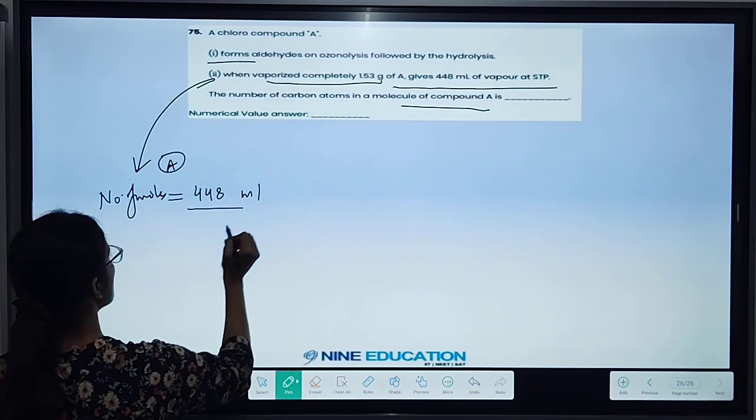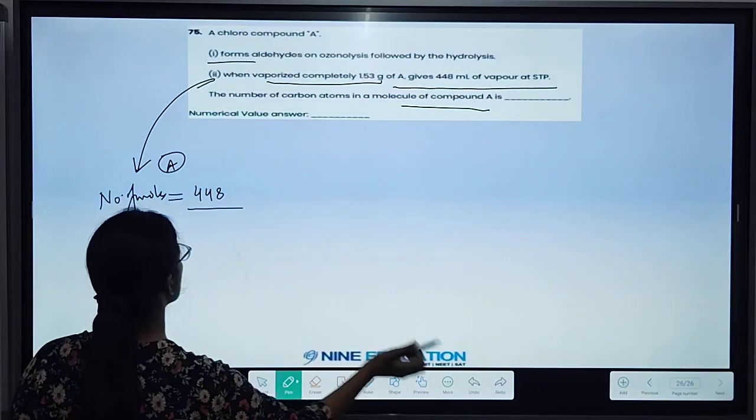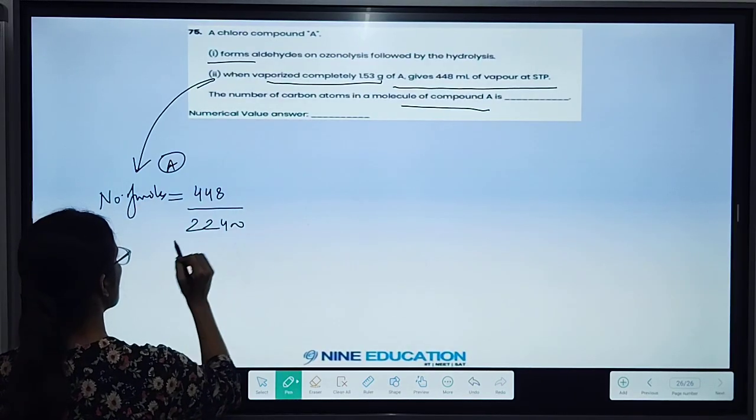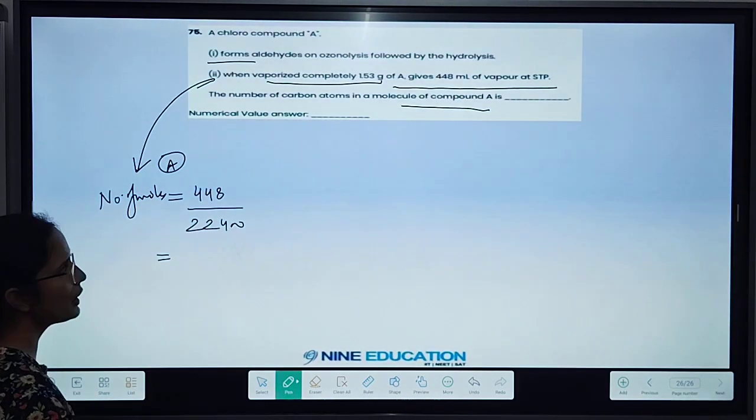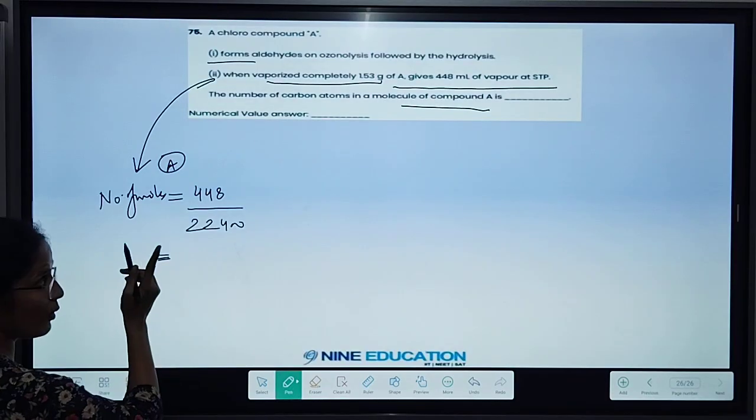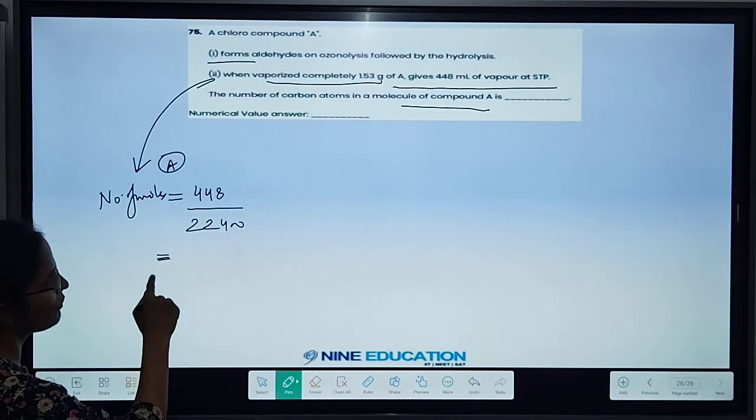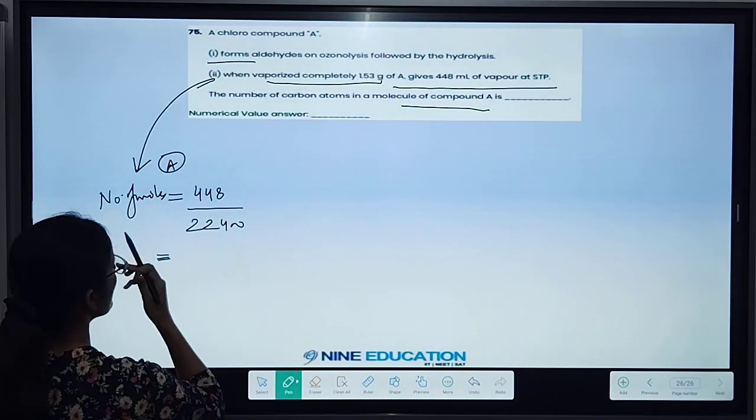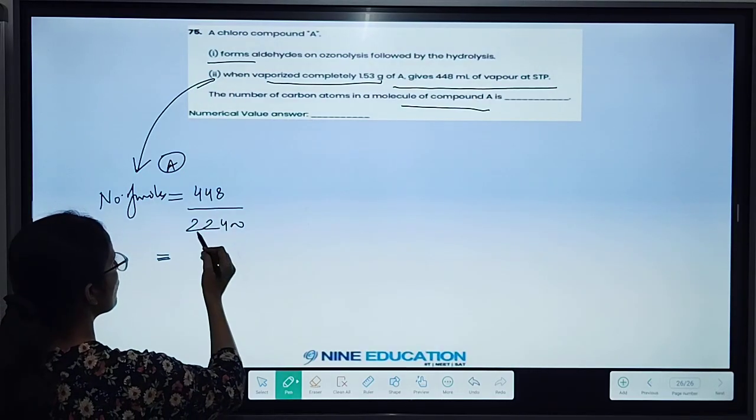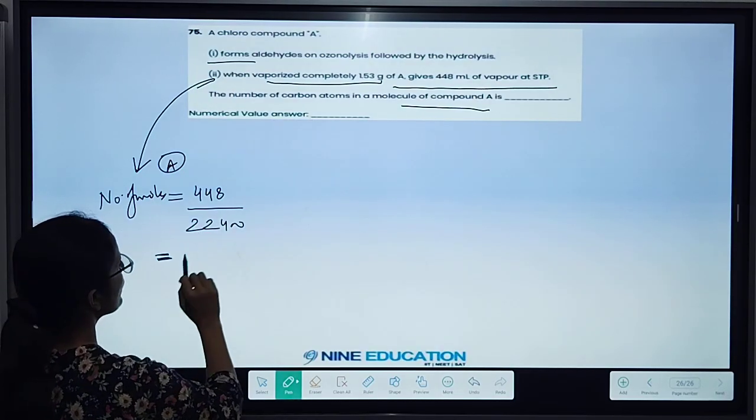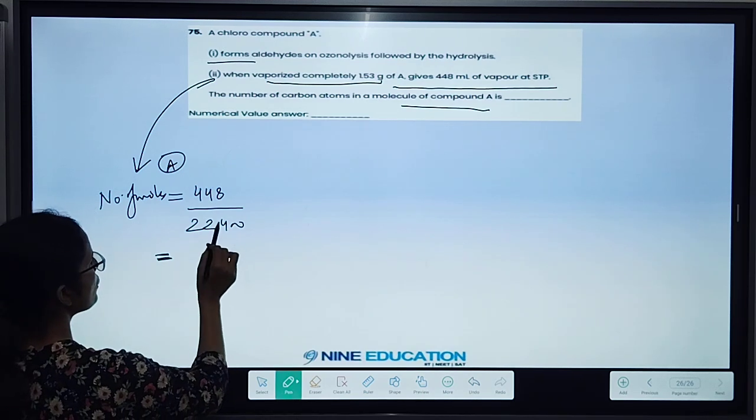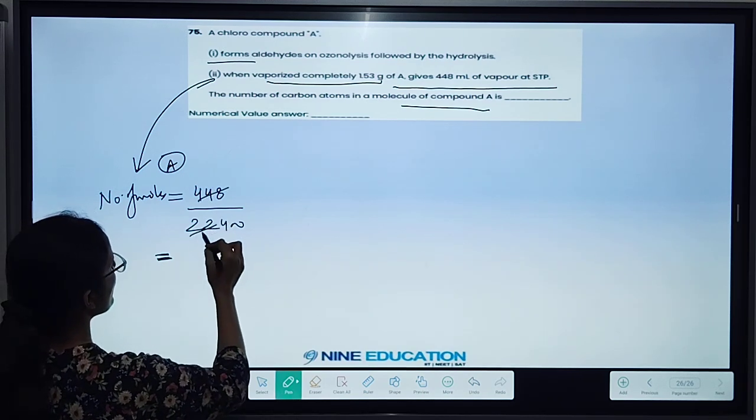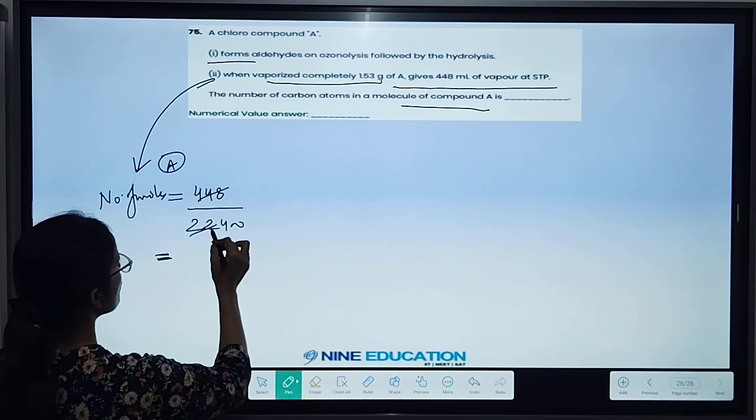448 ml. What we can do is simply divide it by 22400. With this, what will we get? We will get the number of moles. And why we are finding the number of moles, I will come to that in the next minute. So 448 divided by 22400. When we solve this, what will we get? 224...